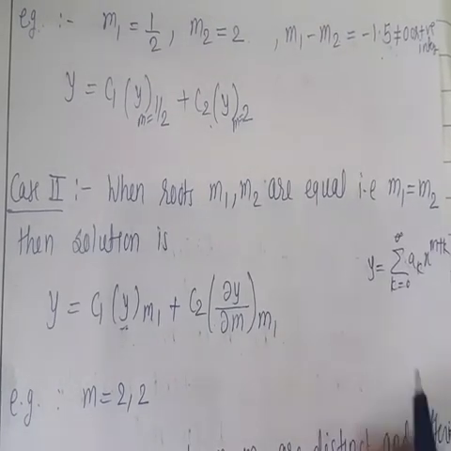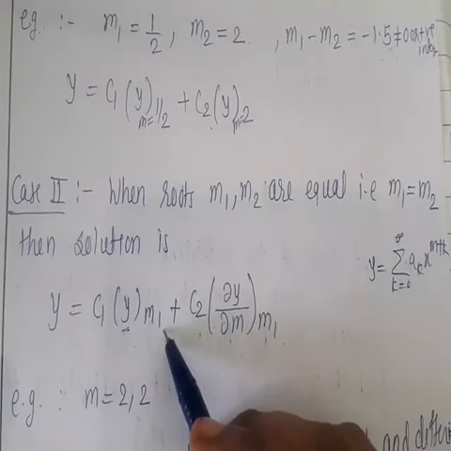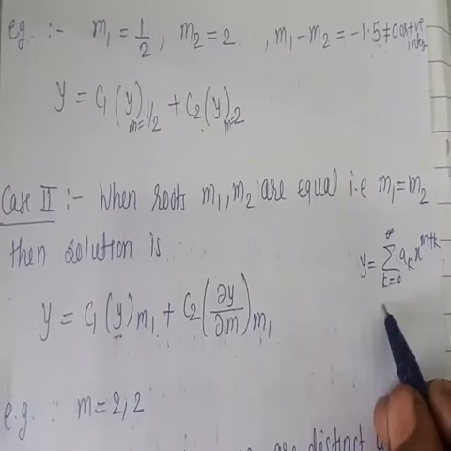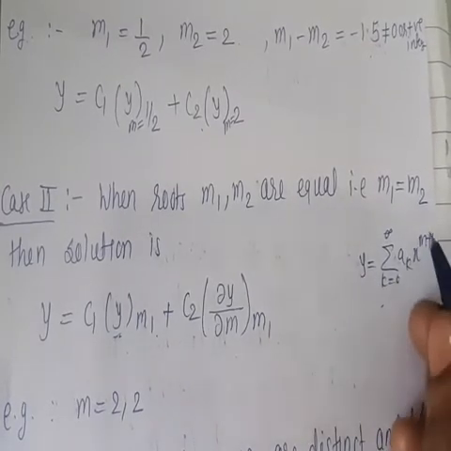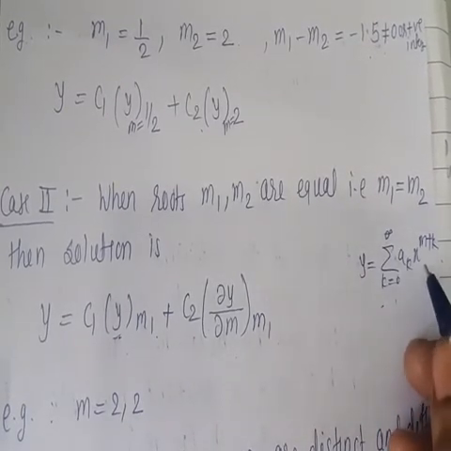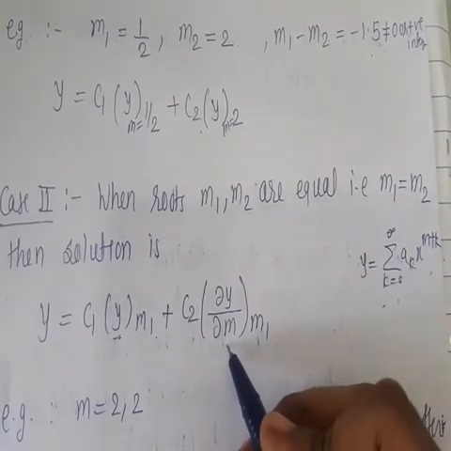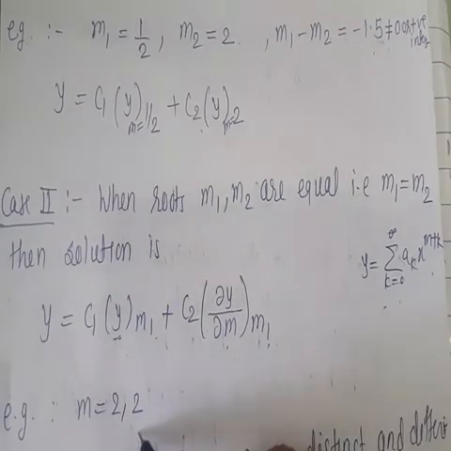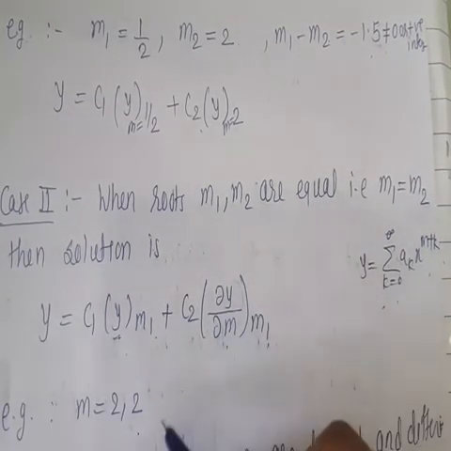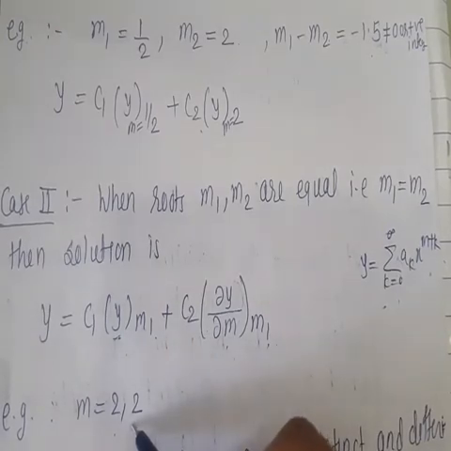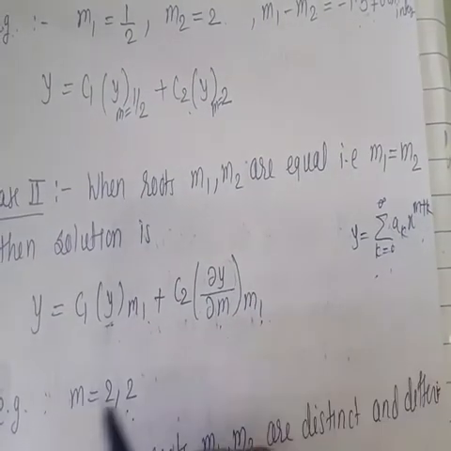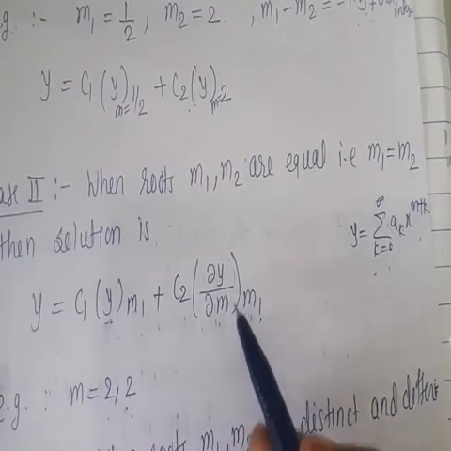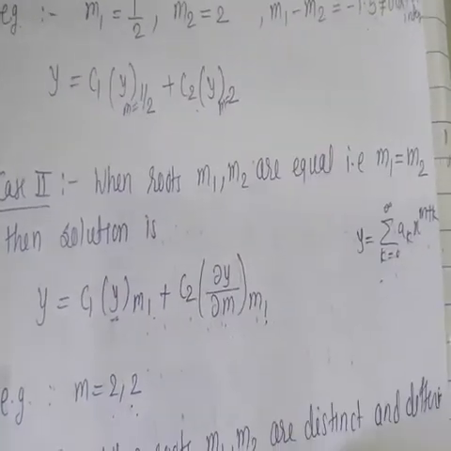After finding the solution, we put m as the first root, suppose m is equal to 2. Then we put m is equal to 2 in this solution. Then we write this solution as it is in the form of m and differentiate it with respect to m first, and after that again we substitute the m value, that is m is equal to 2. So we find del y by del m, and after that substitute the value m is equal to 2. Adding both solutions you will get the complete solution, which is y is equal to c1 into y at m1 plus c2 into del y by del m at m1. So this is the second case.